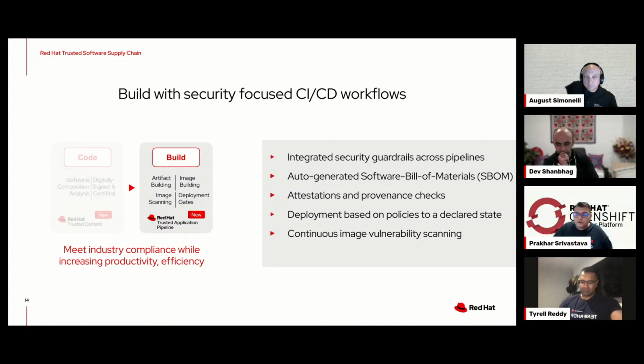After that particular code is built and we want to distribute the images, we want to sign those images using cosign again, which is part of OpenShift Pipelines, using Tekton Chains. We are working with Sigstore cosign, we are supporting them, and we are using that tool to sign our images for distribution. If you remember, when I was talking about Red Hat's 30 years, we were signing with GPG signatures. Now we are using the same concept to sign our container images using Sigstore cosign.